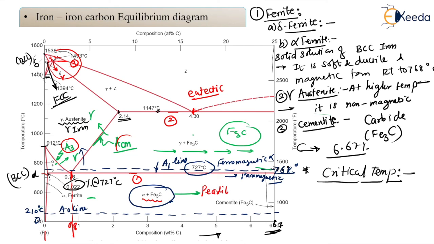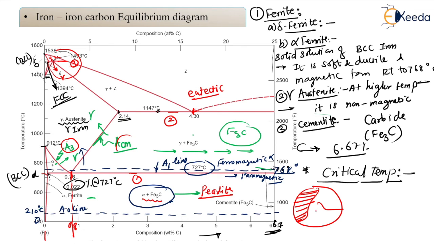Okay, that gamma decomposes into this alpha and cementite. And how we are looking at this structure at 0.8% carbon, it will be a layer by layer structure of alpha ferrite and cementite in this manner, dear students. So like this layer by layer structure, I am talking about 0.8% carbon, because when you see this structure below